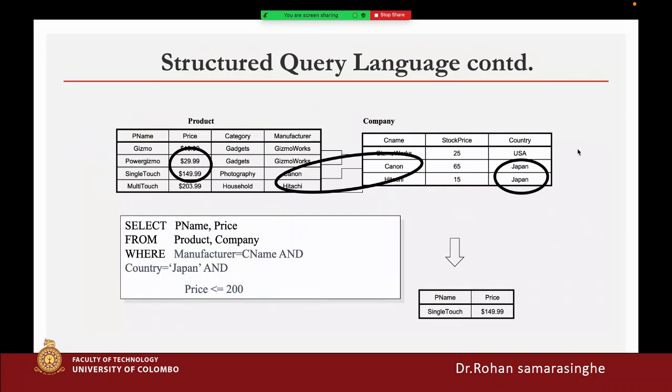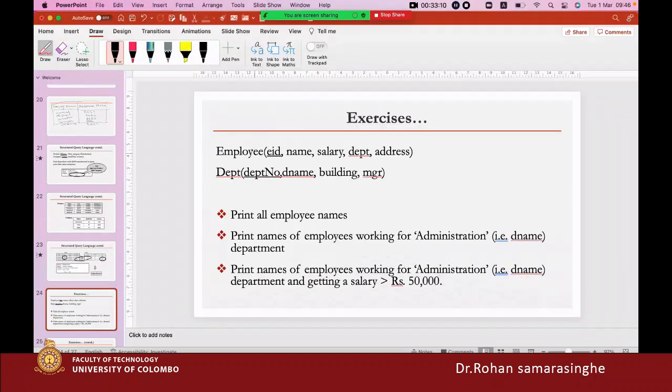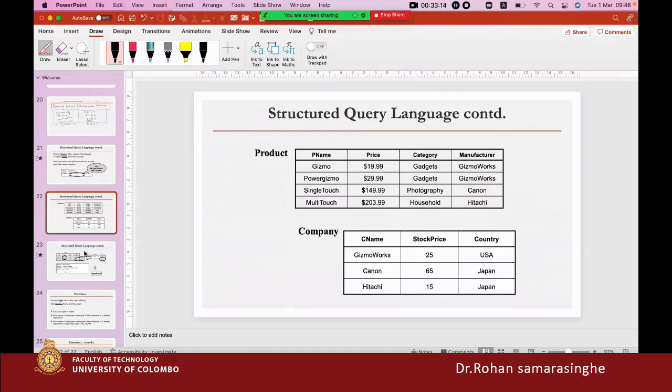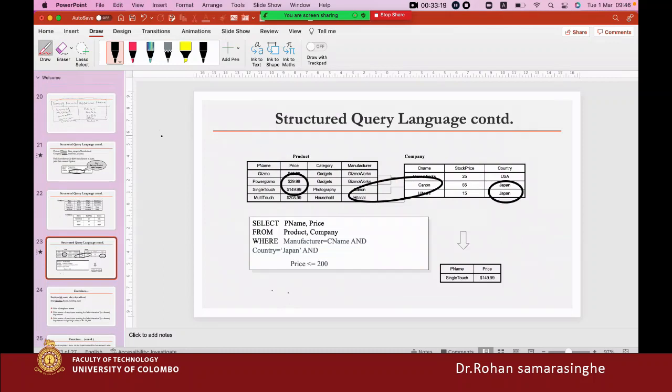But if you are confused, you can write this like that. I will show you how to write this once again. This one you can write select P name and P dot price from product P, company C. Then I will write here